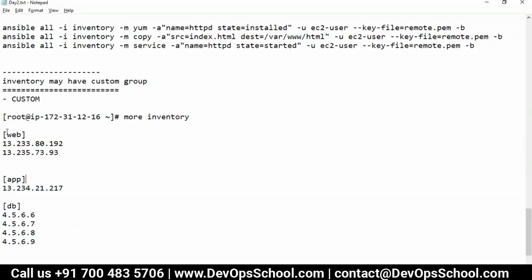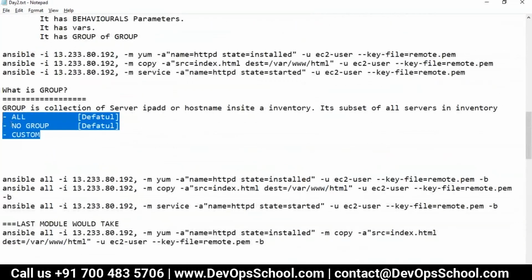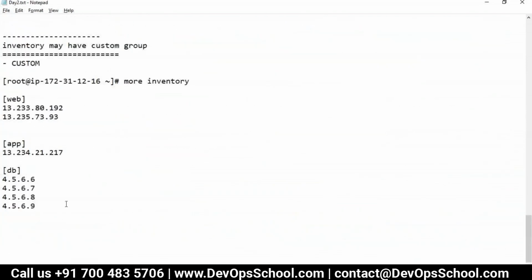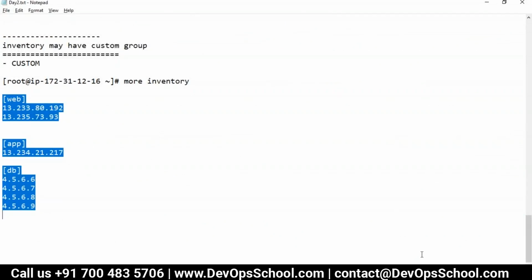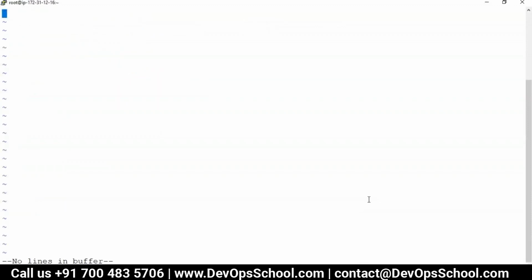So can I keep this one? I have 3 groups, web, app, DB, 3 custom groups, whereas there are 2 default groups, which I discussed here, group all and no group. So now all means all machines, and no group means machines which are part of no group. As of now, there is none. So here, let me copy, and here you see vi inventory, delete everything,